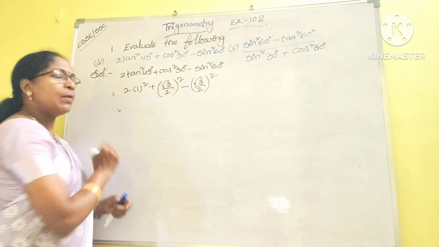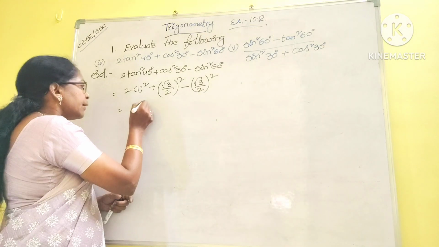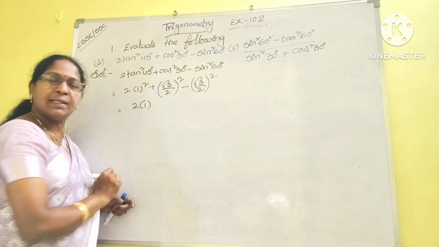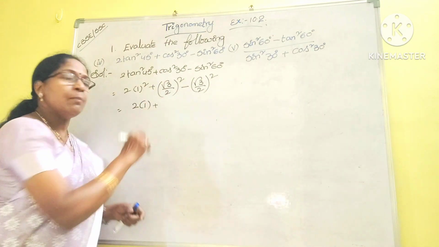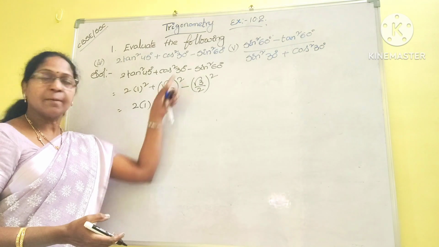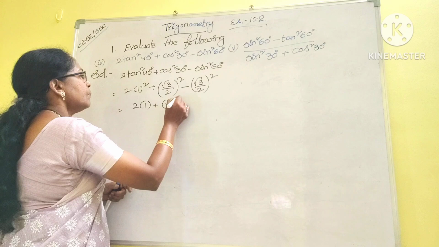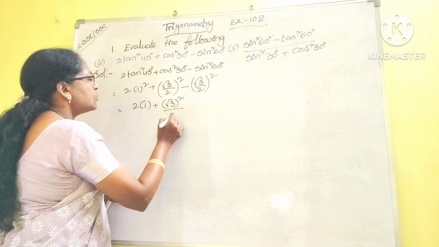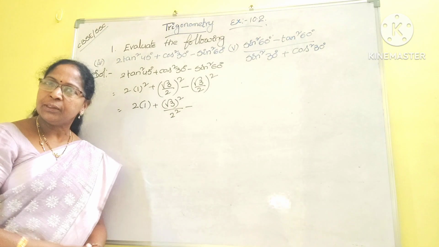Now 2 into 1 square, 1 square equals 1 only. Or directly you can write one more step: 1 square is nothing but 1, plus root 3 whole square. Root 3 by 2 whole square is nothing but root 3 whole square as well as 2 square. So root 3 whole square by 2 square minus